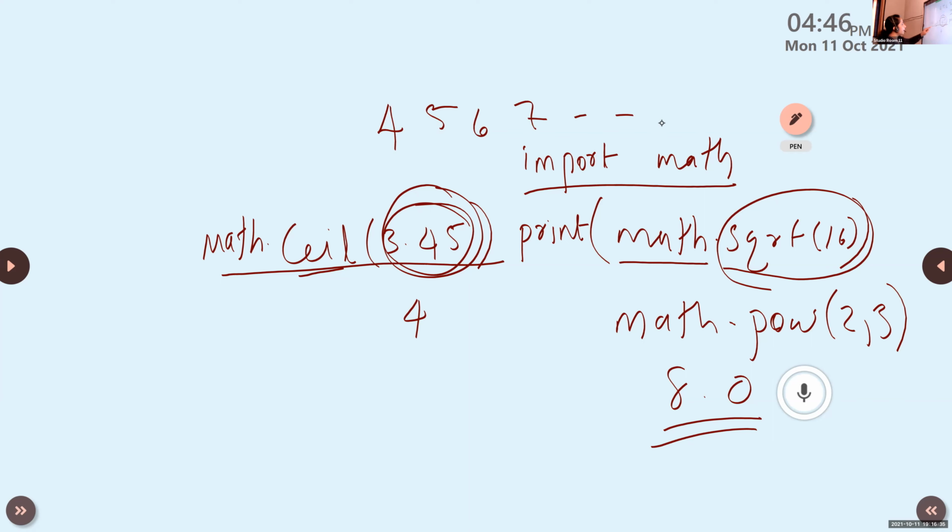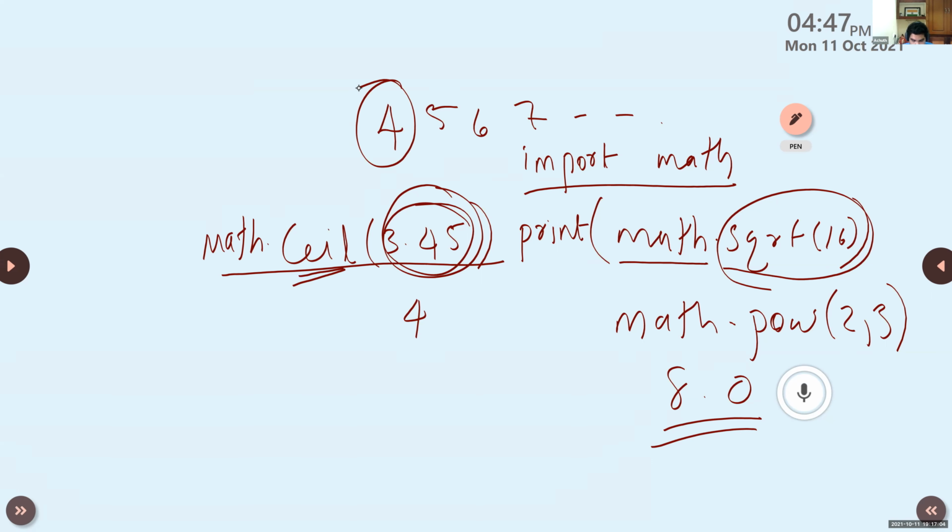So x is the number, 3.45, and the integers greater than 3.45 start from 4. The ceil function will display the smallest value from these. So the answer is 4. Is it clear? Achut, is it clear? Yes, ma'am.